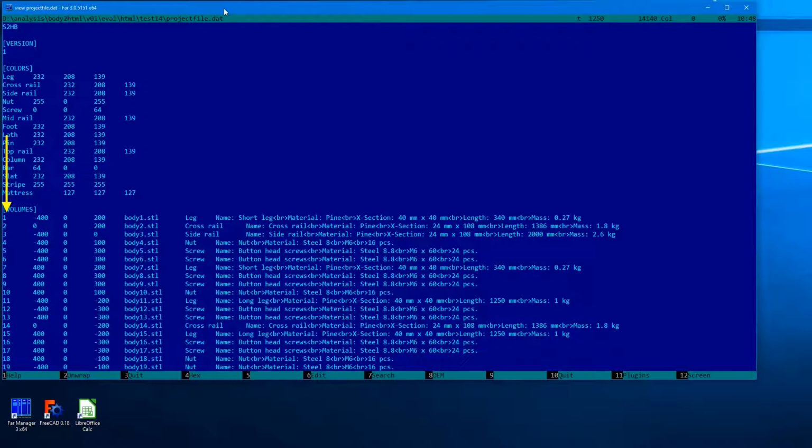The sole purpose of this column is to help finding any volume in the file when the project file is opened in a text editor. The second, third and fourth columns are the x, y and z coordinates of the displacement vectors of the exploded view, interpreted in the global Cartesian system and understood in model length units. The fifth column is the model file name. STL, OBJ and OFF formats are supported.